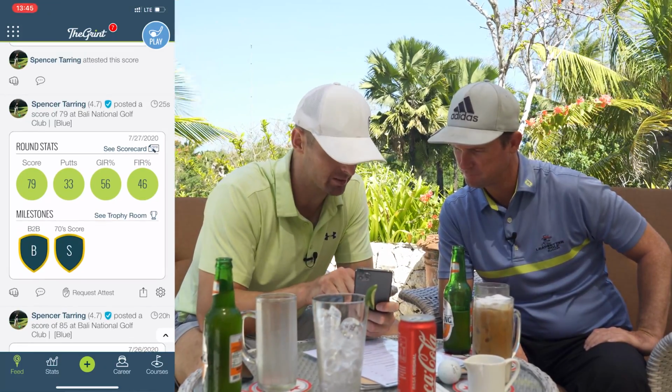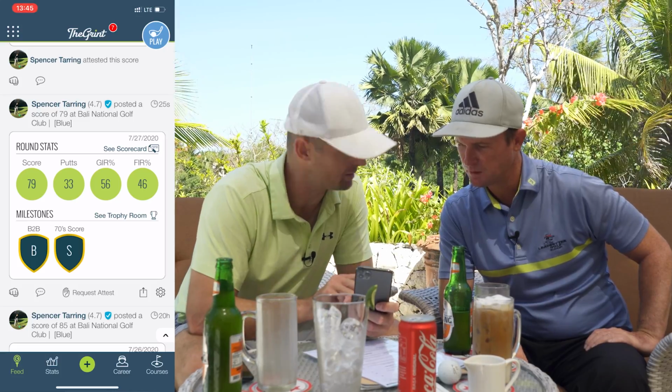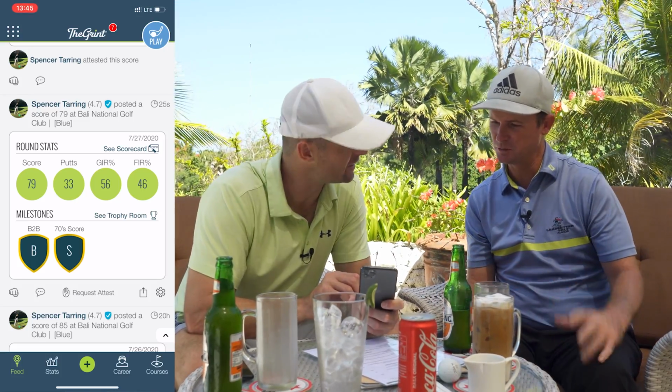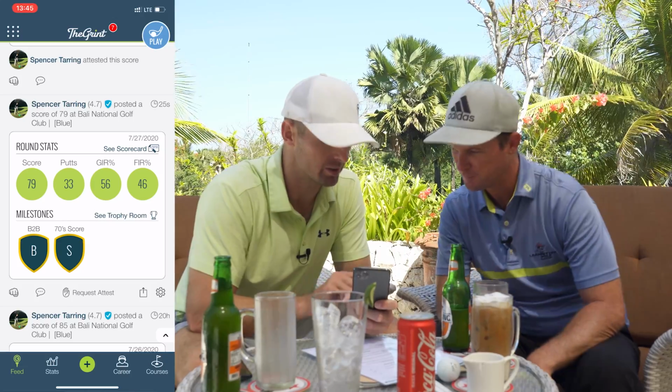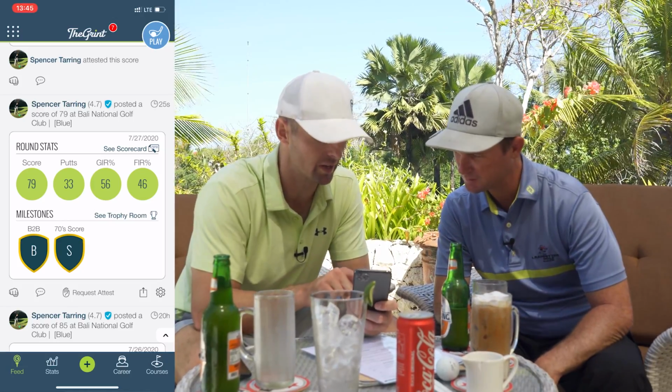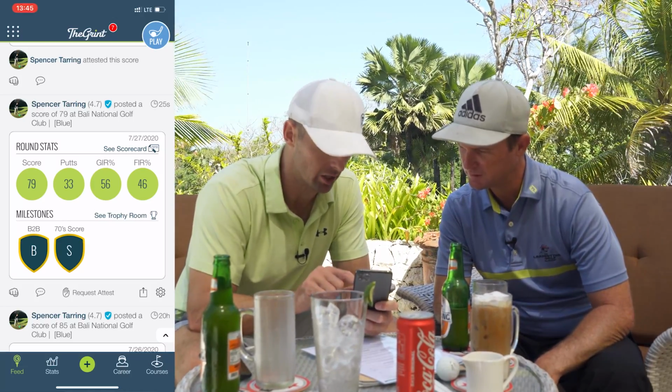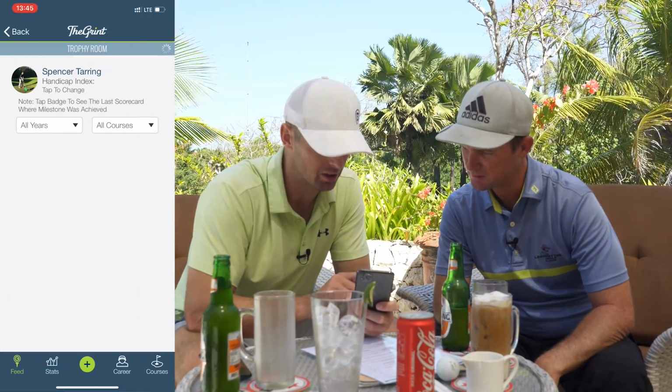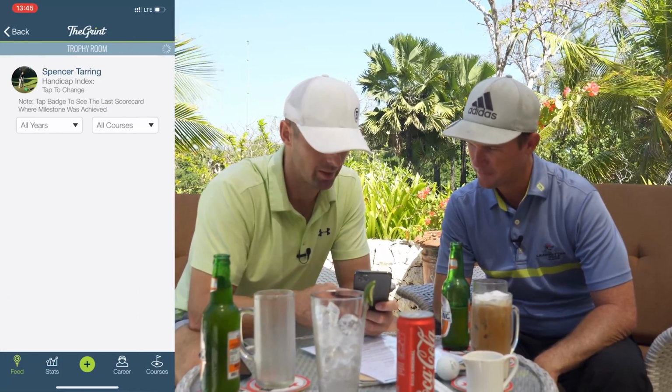I got back-to-back birdies. So that was my milestone today, was a back-to-back birdie. Oh, so it gives you a little shield and a little kind of a reward trophy. And I got a 70 score. So I got a shield for getting in the 70s and a back-to-back thing. And I can go to my trophy room and I can have a look in here what I've achieved. So when that's loading,